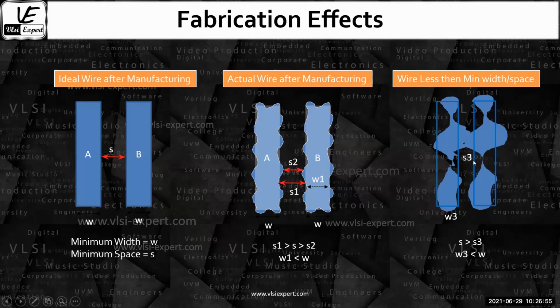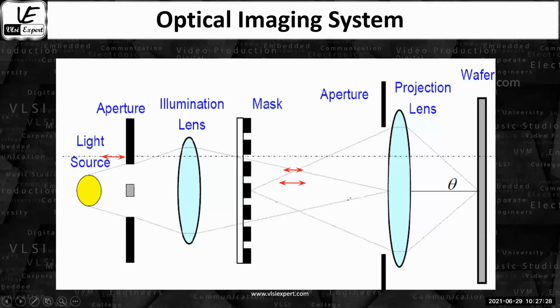And if after the fabrication this thing happens, then you will say, okay, it's not my problem, it's a problem with the foundry. So the foundry is saying, no, it's not my problem because I already gave you the guidelines and you haven't followed that particular guidance. That is the reason this thing happened. So if you want to avoid this, you have to follow these things. And whatever happens, this is basically the fabrication effects. These are the defects you can say, and because of that, that is the effect we are talking about.